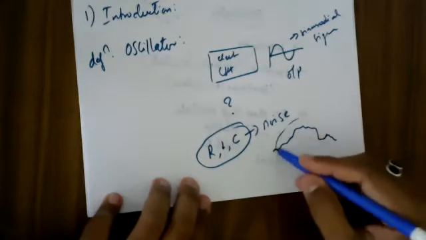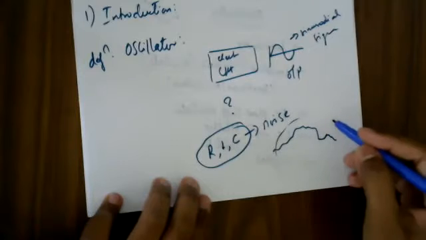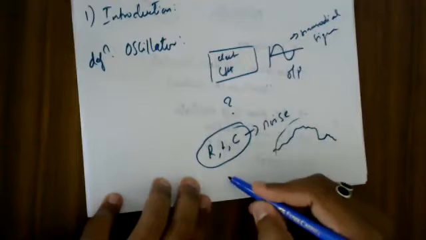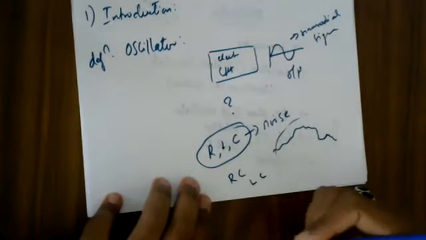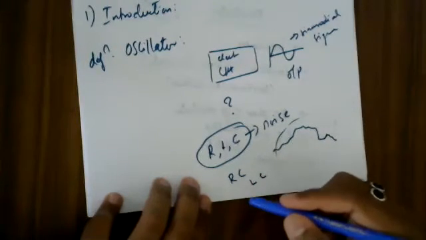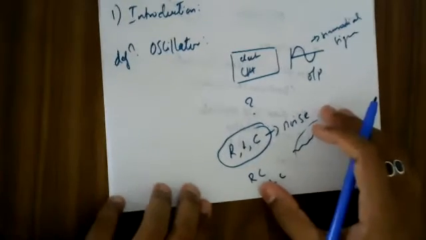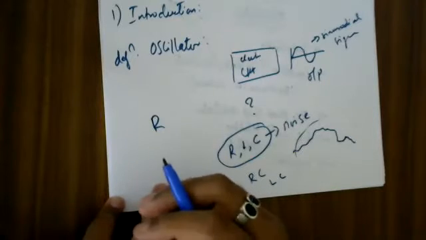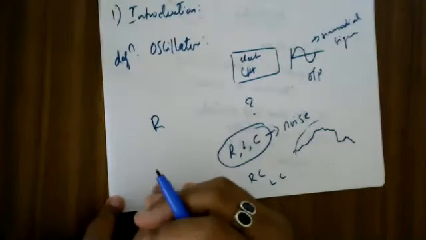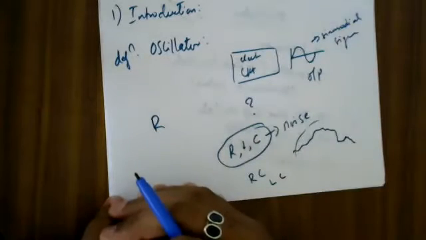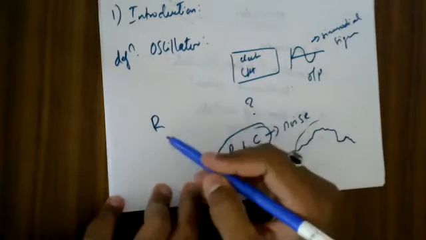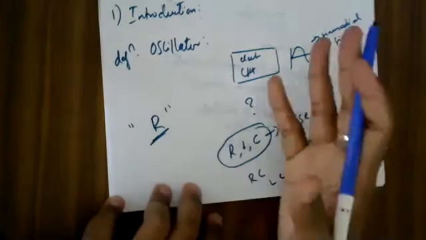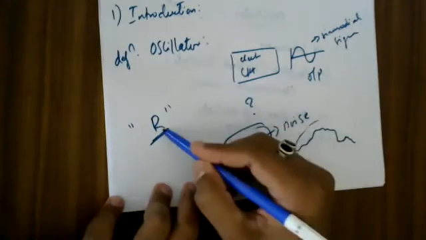Now this particular noise signal will be fine tuned and brought into a proper shape with the help of RC, LC components or a combination of them. You cannot build an oscillator using only a resistor. By your experience till date, you might have heard the name oscillator several times, but you are not seeing any oscillator where only a resistive component is there. Am I right? You will have some oscillator circuits along with the resistor.